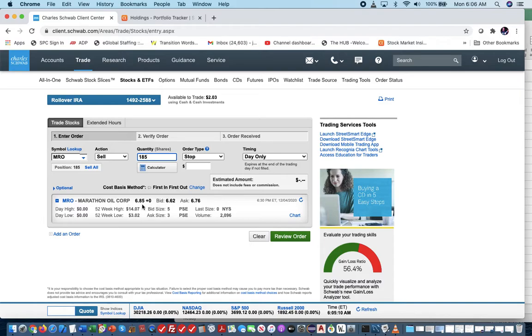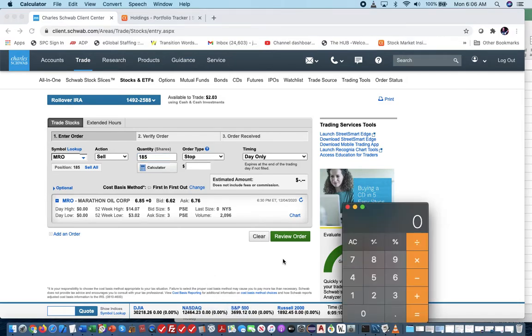and it shows down here it last traded at 685. You've got to be careful with this. You have to decide how much you want to lose from where you're at right now. I use a rule of thumb of 5%, but that's me. Maybe you're riskier and want to go 10%. What you don't want to do is get caught up in what I call